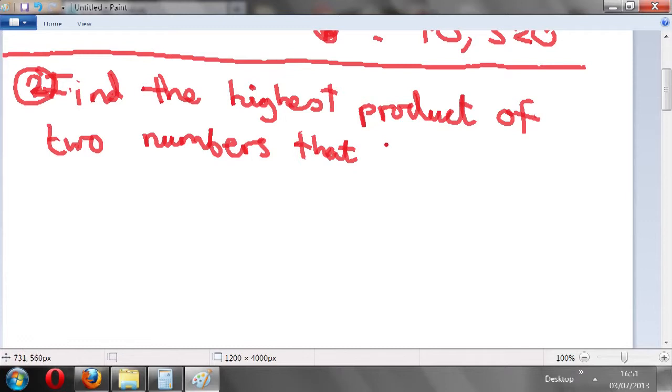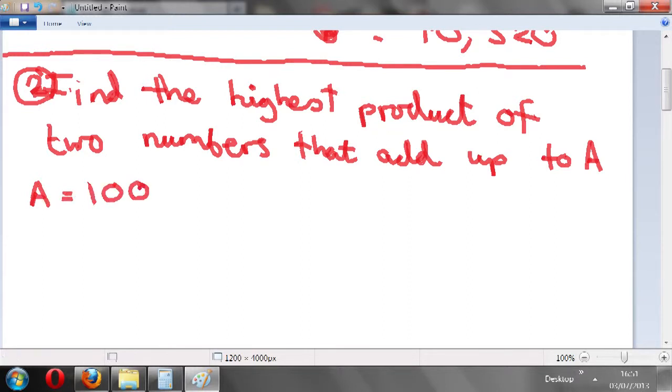The horizontal strokes I'm not happy with, really. But anyway. All right then. So yeah, let's try A equals 100. All right. Okay. So let's say